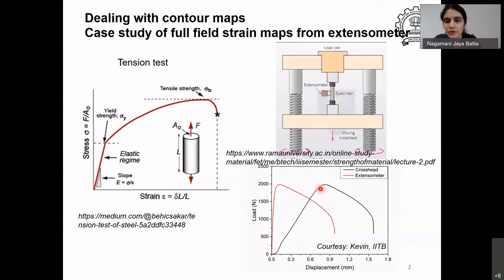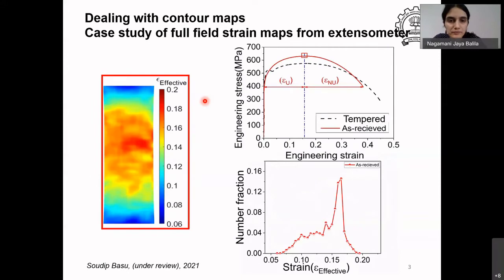But after this point, or let me use this curve, after this point, which is called the necking point, there are certain things that happen which make the strain very non-uniform in the specimen. So it starts to neck down, the cross-section becomes non-uniform. All of these things can be detected using the digital image correlation software. One such image is shown here for your reference.